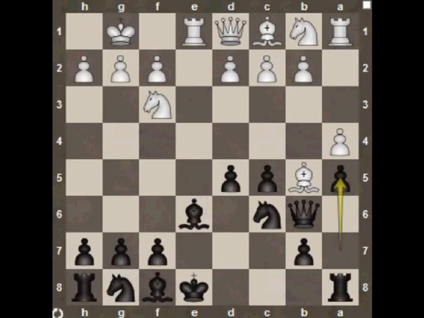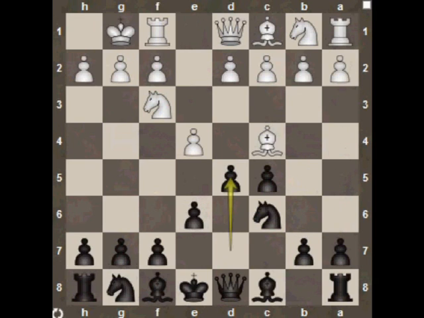So after I pushed D5, then my opponent played Bishop B5. Now I think if it was White's turn to move, then the Bishop would be fine on B5 because then it would double up the pawns on the C file. But as it's Black's turn to move, I think the move B5 is a blunder